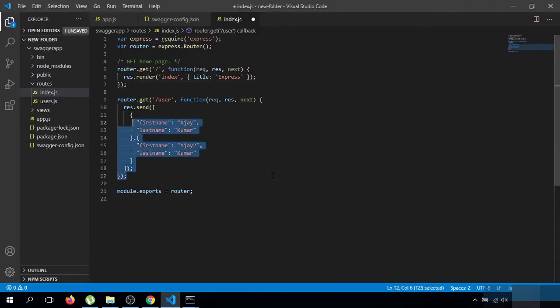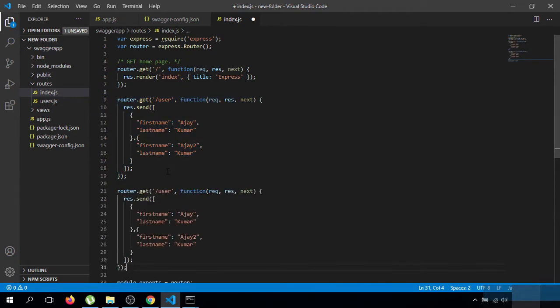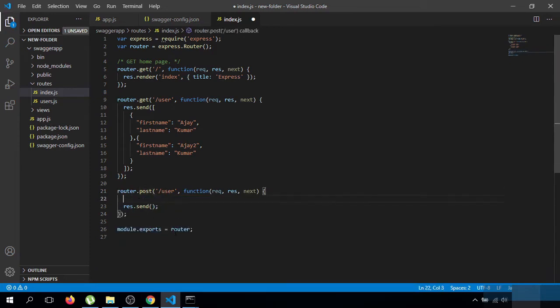Now I will write post method because you want to add some users for your application. In this case, I will return you the same user you have sent to server. In Express.js form data we can access using request.body.